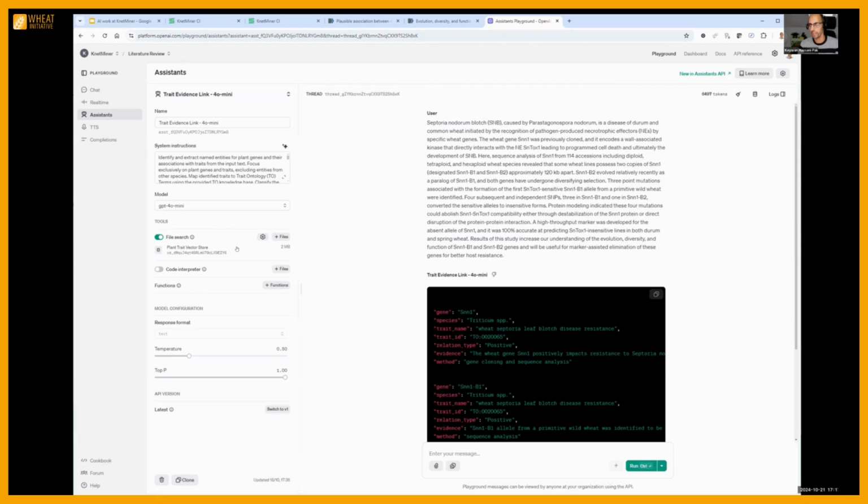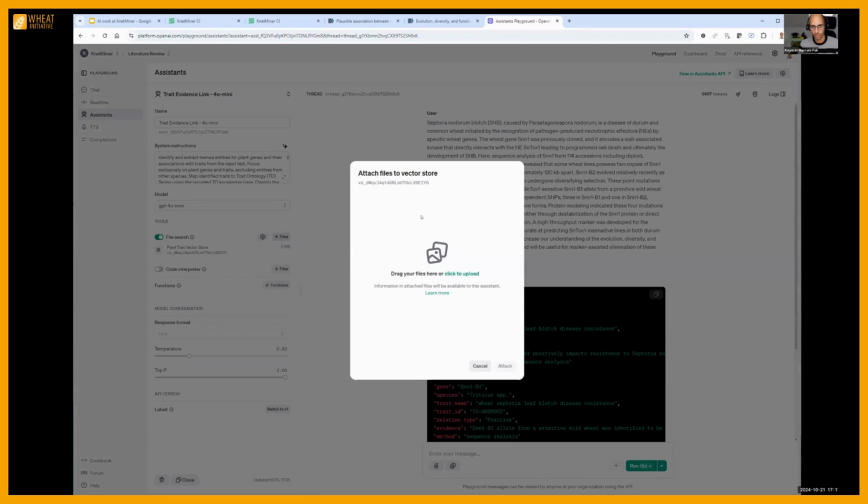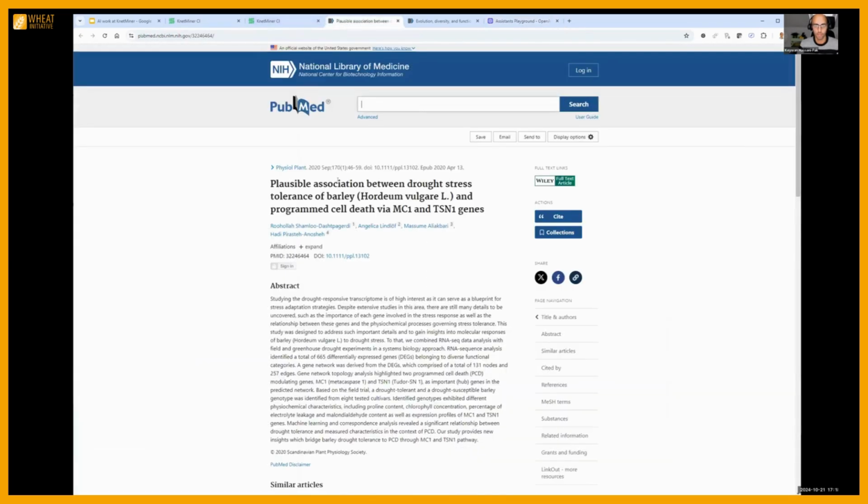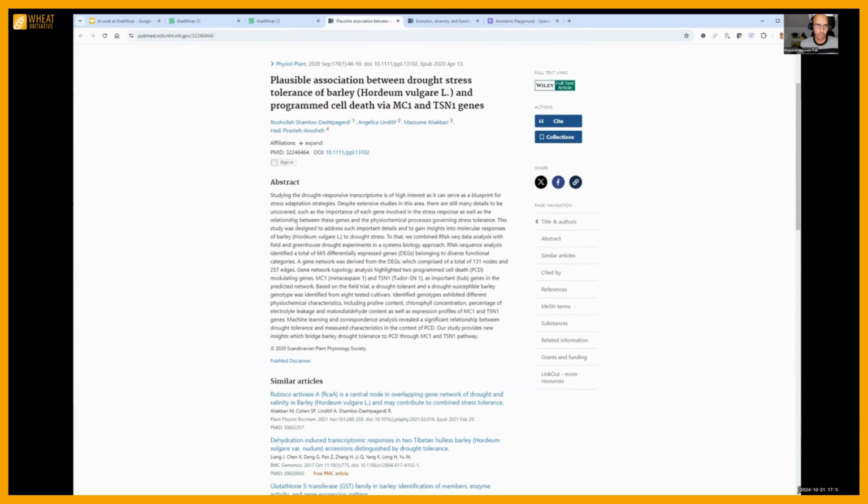So it's a bit like fine-tuning a model. You provide your own knowledge base, and it takes that file, stores it, and creates a vector base from that input. We took all the trait ontology terms that are present in TO, 1,600 of them, and each of them became its own document stored in the vector store. So let's try it: that system prompt together with a vector search, and now let's grab a piece of text. Let's just take this one here